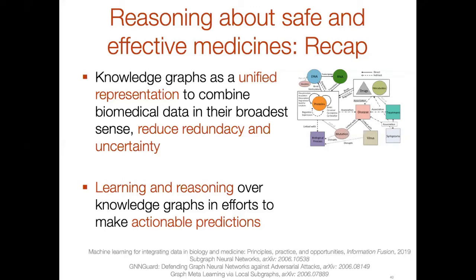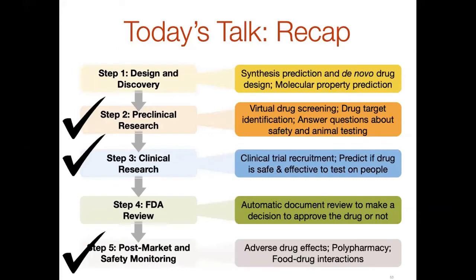So to summarize the talk and leave more time for questions, in today's talk, I talked about several different problems related to different stages of drug development and drug repurposing in particular. What we discussed was the applications of graph neural networks and machine learning methods on graphs for problems in virtual drug screening, drug target identification, answering questions about safety in animal testing, then also predicting whether drugs would be safe and effective to test on people,